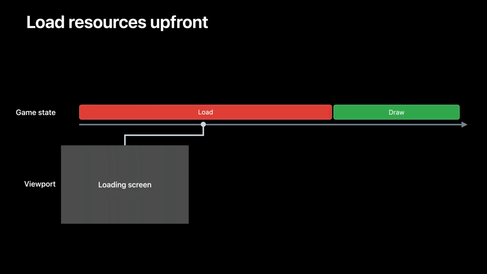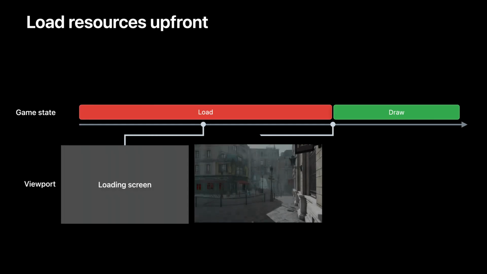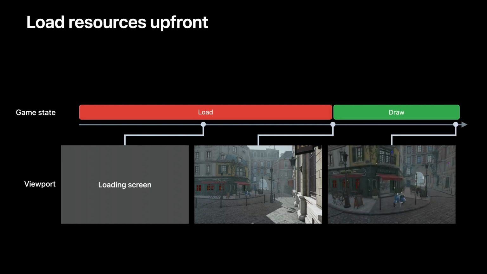Games typically show a loading screen when they first start up or at the beginning of a new level, so they can load the game's assets into memory. As the player moves through the level, the game loads more assets for the scene. The downside is the player has to wait a long time while the game makes multiple requests to the storage system to load assets upfront. Plus, those assets can have a large memory footprint. There are a few ways to improve this experience.